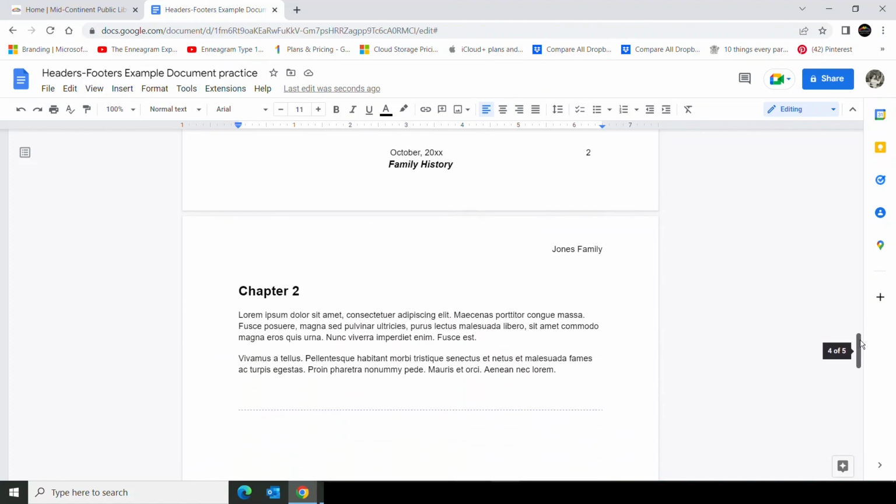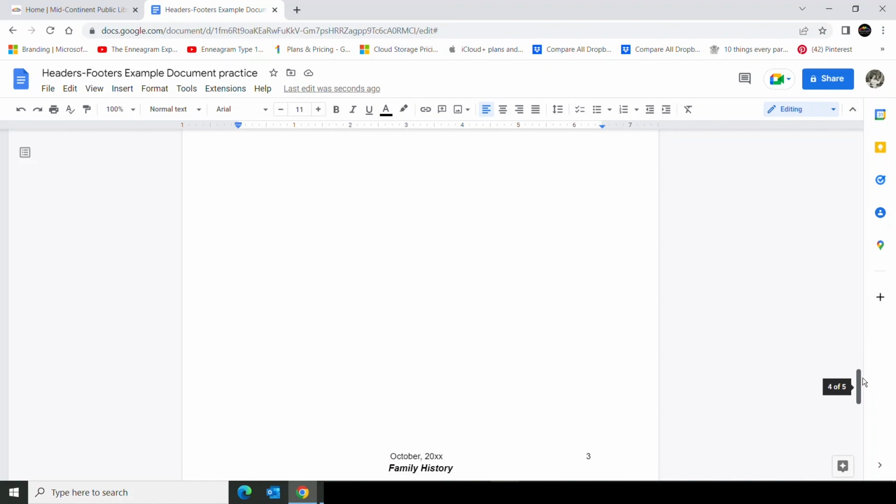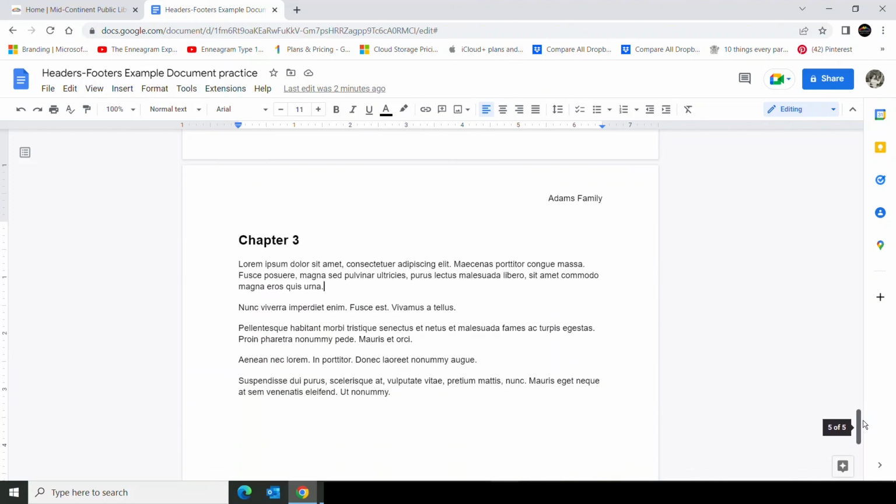And then running down, we have the Jones family, and again, it's not copied from the previous section. So chapter 2 will be all about the Joneses, whatever that means. And then we'll scroll down a little bit farther to find that yes, this is 3, but this part of the footer is linking to the previous footer, so it's copied it down. And then in chapter 3 we have the Adams family, again because we broke that header link, and as we